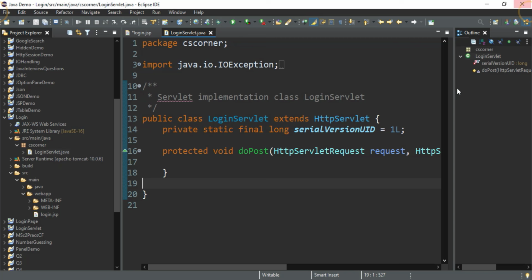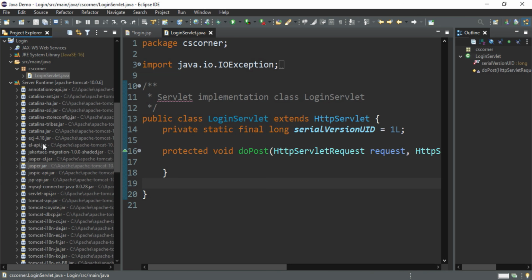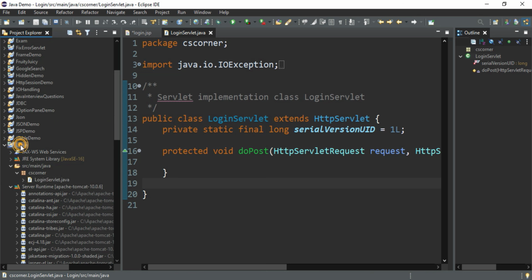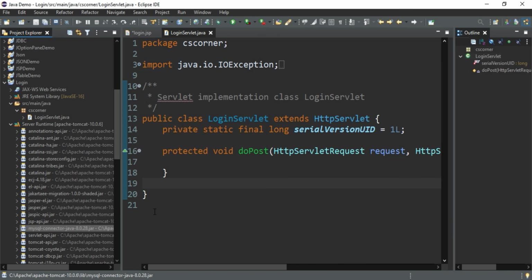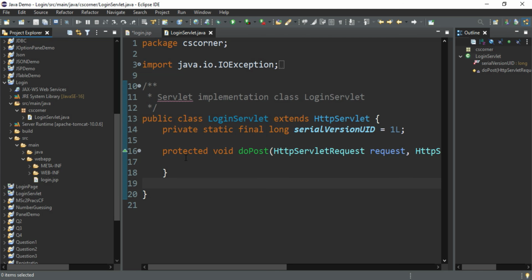So now you need to just refresh your application, then this connector will be shown in your runtime library. Here it's not showing me my connector, so I'm just going to refresh this. Okay, so you can see my connector is visible over here. This is the jar file which is going to help you for doing connectivity or for writing JDBC code. So done with database, done with connector. Now I'm going to write logic for establishing my connectivity.